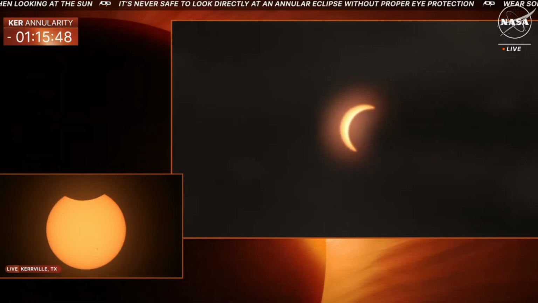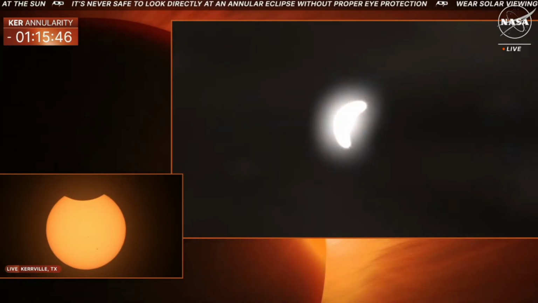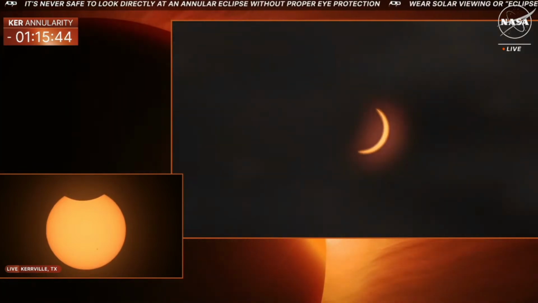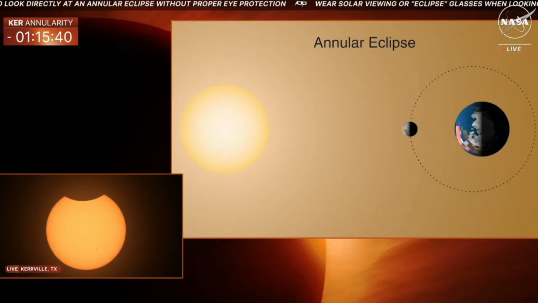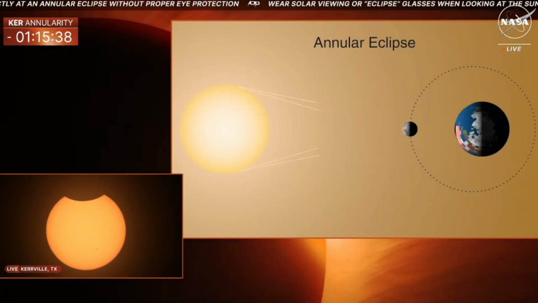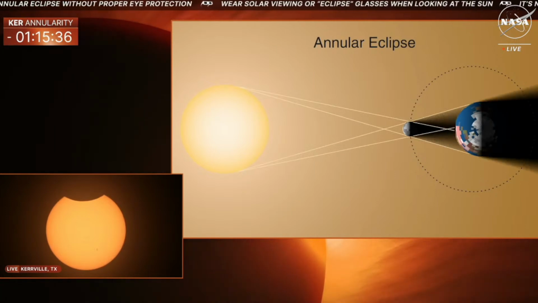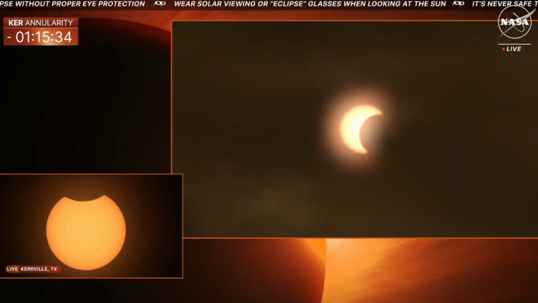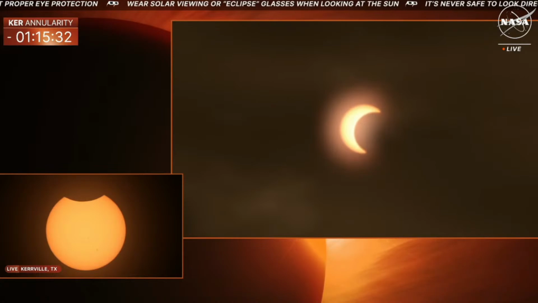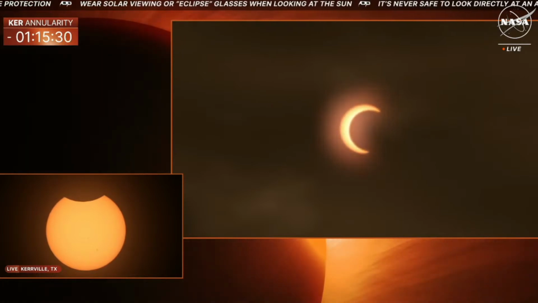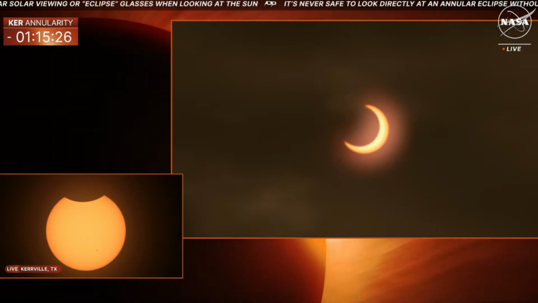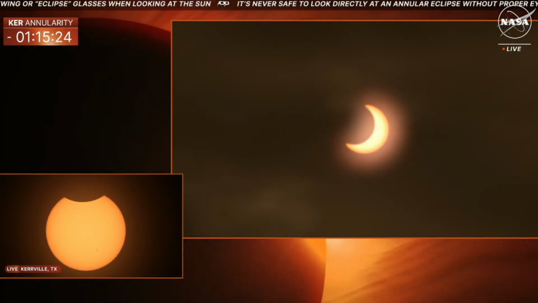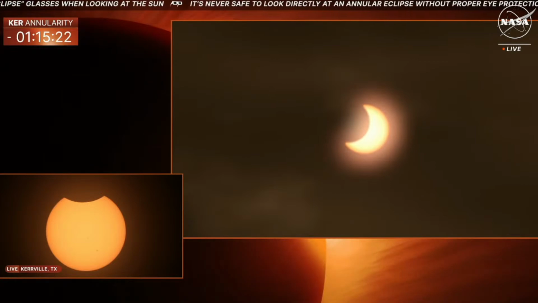Because the moon is completely blocking the light from the sun, we're able to see the sun's corona during a total solar eclipse. Now, in an annular solar eclipse like today, the moon is going to be a bit too far away to completely cover the sun. So like Gina said, when you look up at the sky, you're going to see the sun with a glowing ring around the moon. Because of this, it is often called a ring of fire effect. And as you can see on your screen right now, it is going to be a really, really cool and